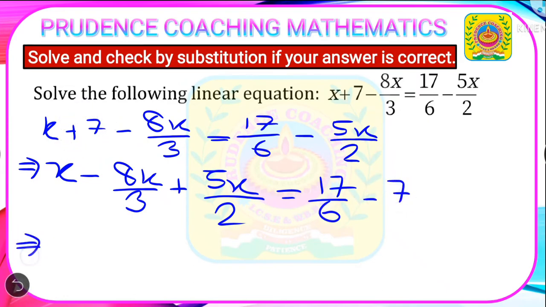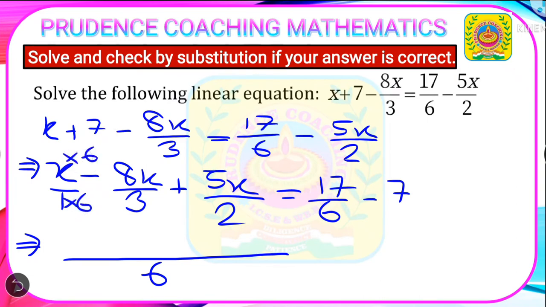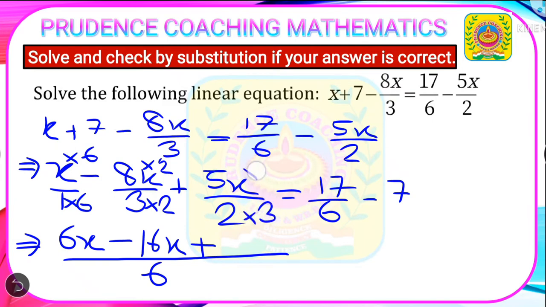Now we need to take the LCM of 1, 3 and 2. If you haven't watched the video on LCM, HCF, multiples, factors, then you must watch that video to get your concept more clear and calculate LCM very easily. So here 3, 2 and 1 will give LCM 6. So here we need to make this one 6, so we will multiply it with 6. So here also we need to multiply with 6. So in the numerator we will have 6x minus, we already have 8 in the numerator, we need to multiply it with 2 to get 6, so here also we will multiply with 2, so we will get 16x. Again here as you can see we have 2, so we need to multiply it with 3 to get 6, and here also we need to multiply with 3, so we will get 15x.